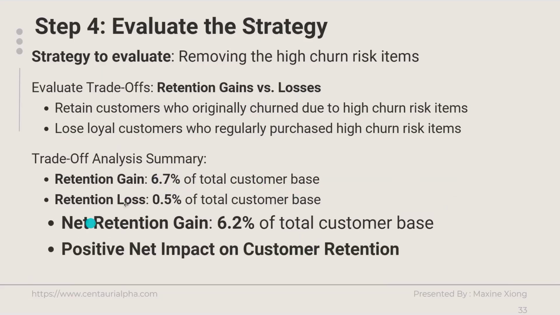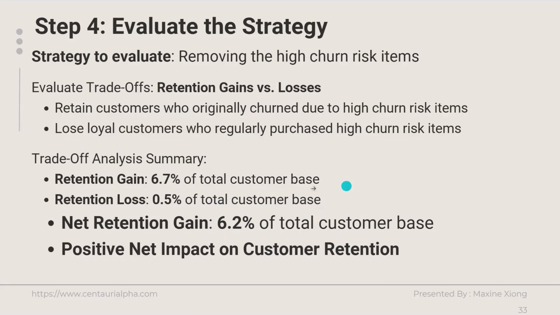On the other hand, the customers who might potentially churn due to the removal of their favorite high churn risk items only accounted for 0.5% of the total customer base. Therefore, the net impact on customer retention is positive. The number of customers retained would far exceed those potentially lost, leading to a net retention gain of 6.2% of